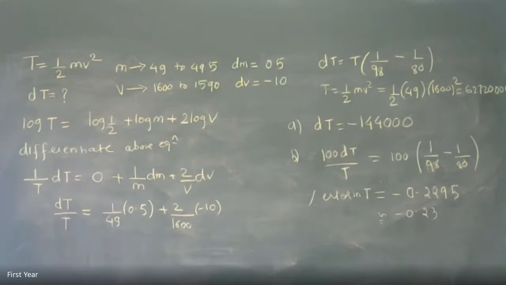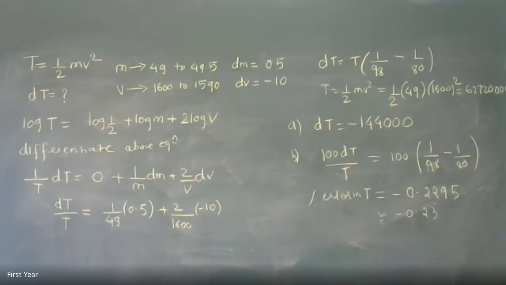So now there is a small part, that is approximation. What we did here is also called approximation, because the original value was 49, then the changed value is 49.5. With the help of that, I got dm, I got dv. So if there is a change in dm and dv, the approximate change in t is dt, which we have found with the help of this formula. So now I'll give you another question, but here the function was given to you. There also the function will be given as directly evaluate this value. You have to actually convert it to variables, solve it, and then get the answer. So let me give you this question, which is the last question in errors. Take down.